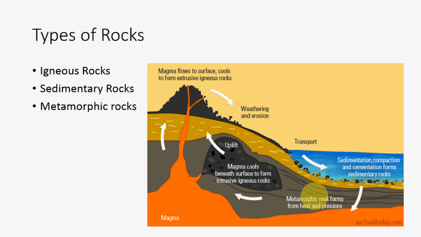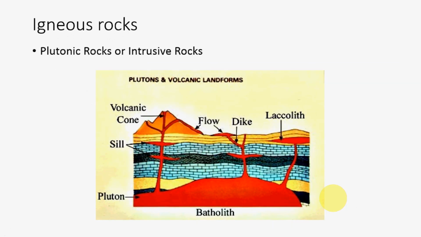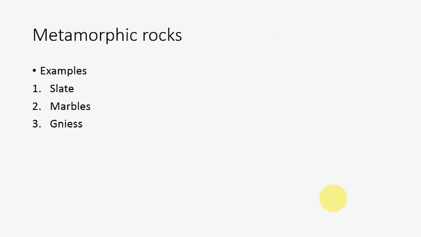So in this process of metamorphism, some rock grains or minerals get arranged in layers or lines. So there may be various layers or lines that are getting created over here. Basically, we call this process foliation or lineation. So that is what is about the metamorphic rocks. The basic examples are slates, marble, gneisses. So these are the things.